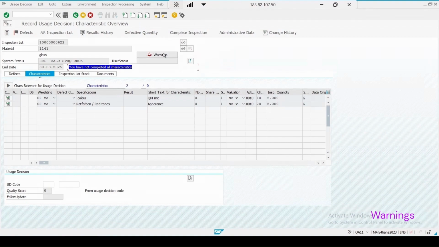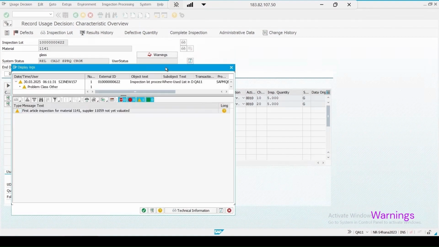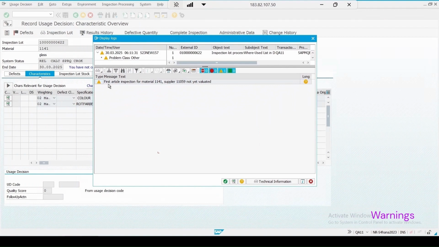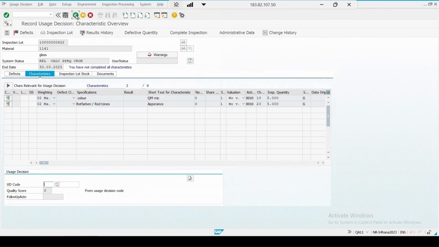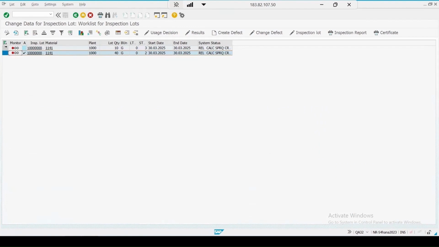But here you will get the warning also if you click on this message, that the first article inspection for this material with the supplier is not yet done. Okay, because we haven't done the result recording and the usage decision for the lot which was with the usage of first article inspection. Okay, so let me go back, and if I first clear this one, select this